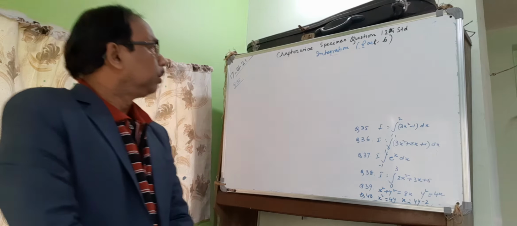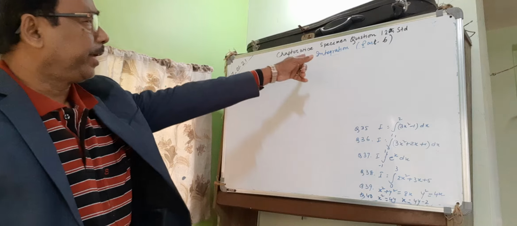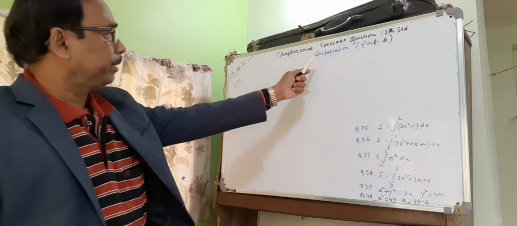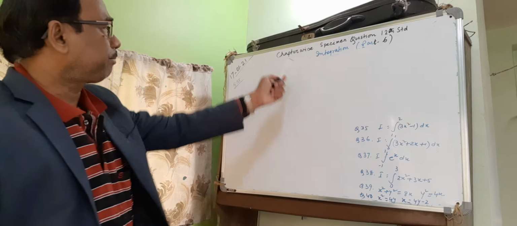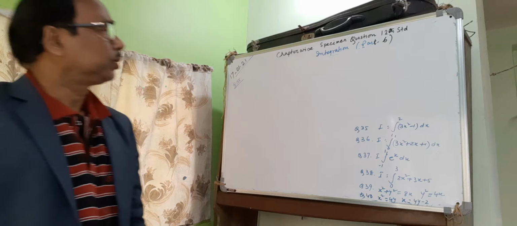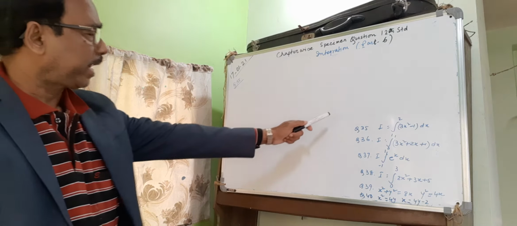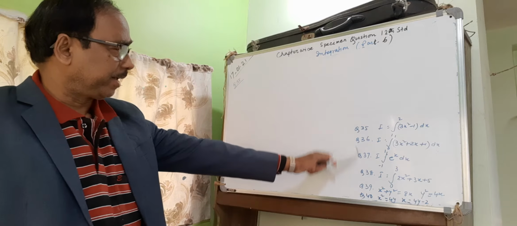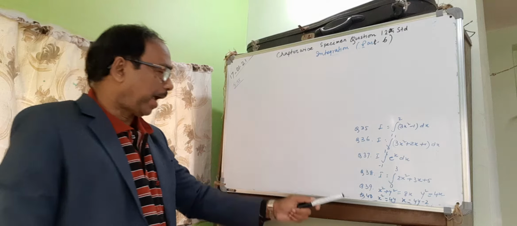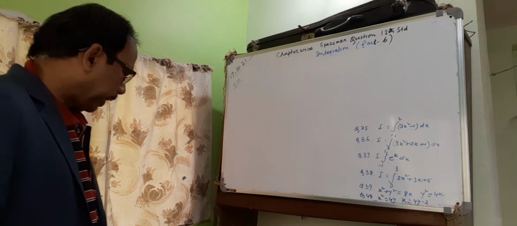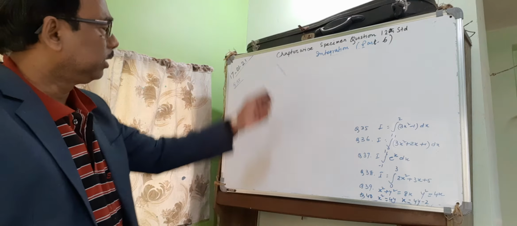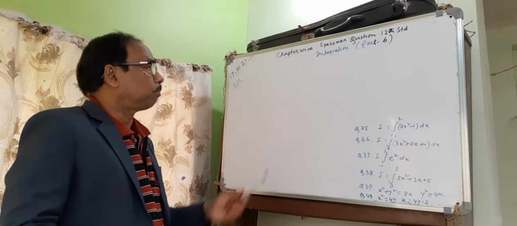Hi students, today from integration, this is the last class from integration part 6, chapter wise specimen questions for 12th standard, for ISC, CBSE, West Bengal board. There are 6 questions given here, 4 questions from limit of a sum and 2 questions from area of bounded region, which are important for ISC, CBSE, West Bengal Board 12th standard.